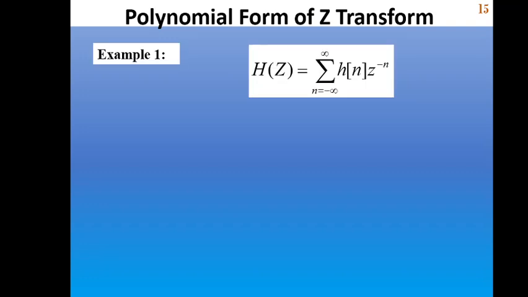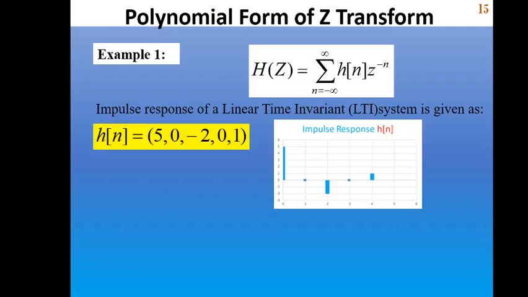Let us consider a time invariant system with impulse responses of 5 discrete values. The amplitudes of the samples are shown in this plot. The G transform of the system can be found out by expanding this equation,